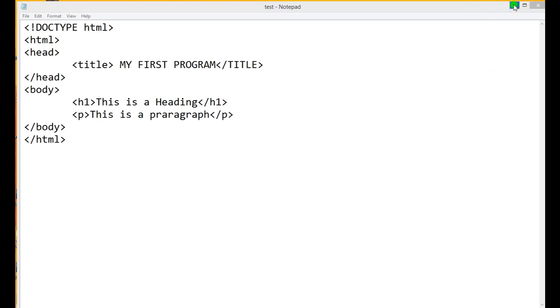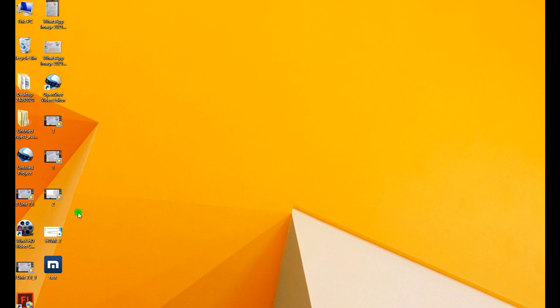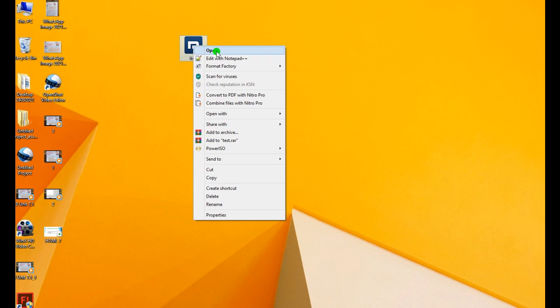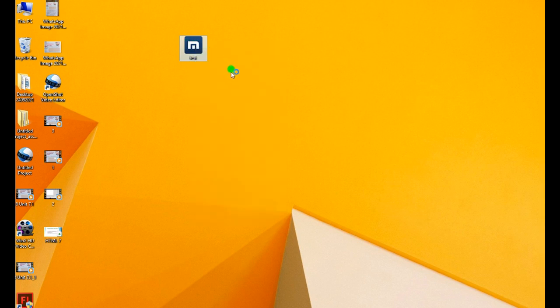Okay, I'm just minimizing this. This is our desktop. Where is the file? Yes, this is our file. Then double click and open it, or right click and open. Right click and click on open, or double click and open.